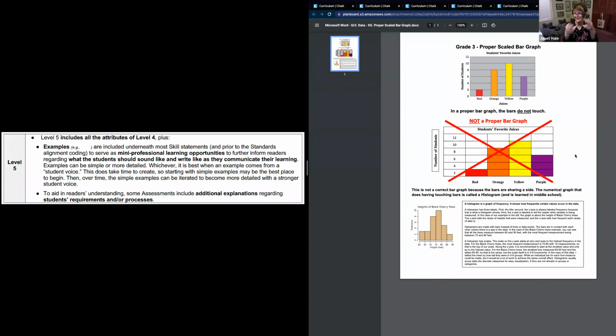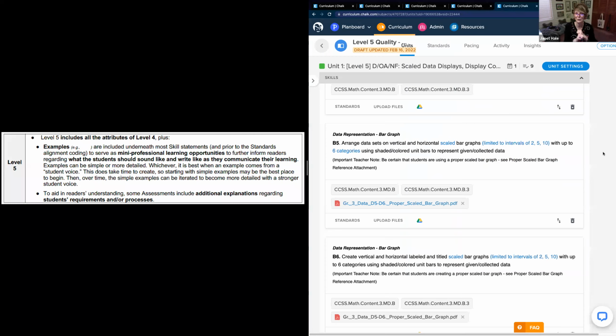A lot of people think that's a bar graph that has the X, but it's really a histogram, but that's not even really what you see a histogram either. So let somebody know. It's great at this level, level 5, you can even get sort of what I call mini professional developments or mini professional learnings right into your map. So that's the idea of a level 4 and a level 5.